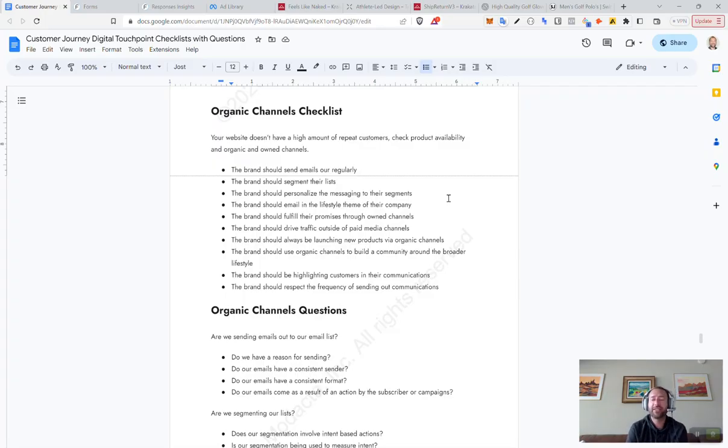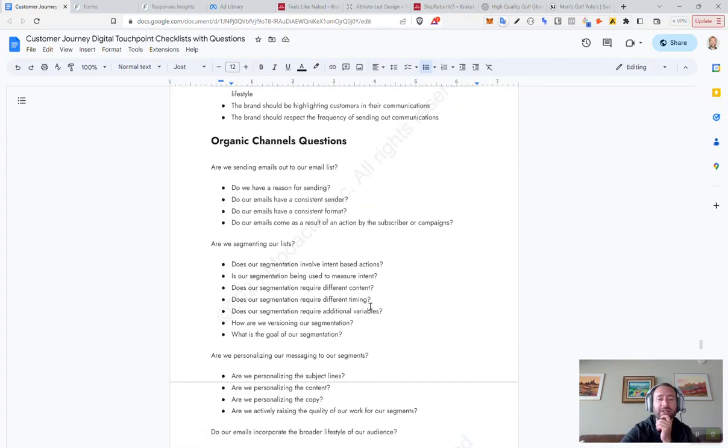I tell you to do it and I tell you that you should be doing it, but it's not completely needed. You should be doing these things and they will aid in your overall business perception and the amount of people you get in front of. But with intent, like really with intent, I think is the key there. If you're going to send something, know why you're sending it. So let's jump into these questions.